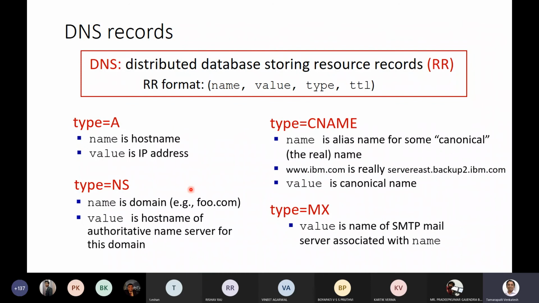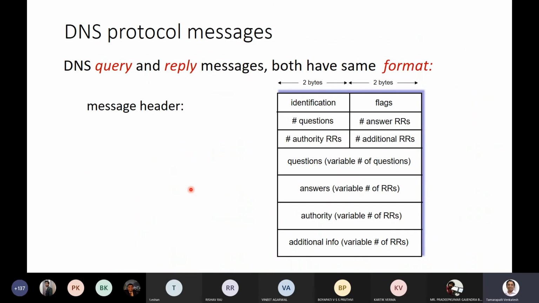And along with that, you also need to have the A record. So for NS as well as MX and CNAME, for all these types of resource records, the query response pair will also need to give you the type A. That means the IP address for the machine to which you are going to send the query. Okay. So DNS basically has these 4 major types of records, which is what I wanted to mention. Depending on what type of record you are talking of, the value would essentially change.